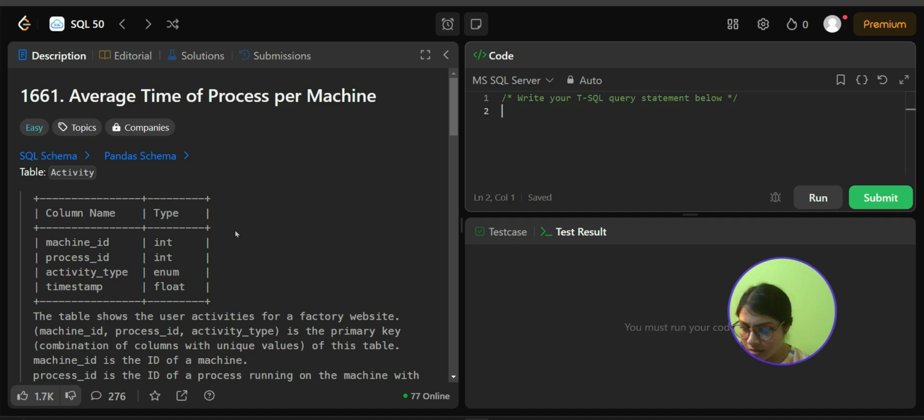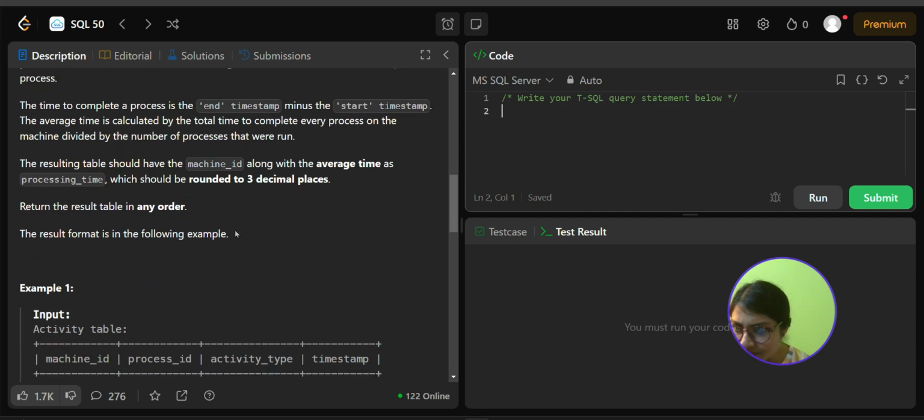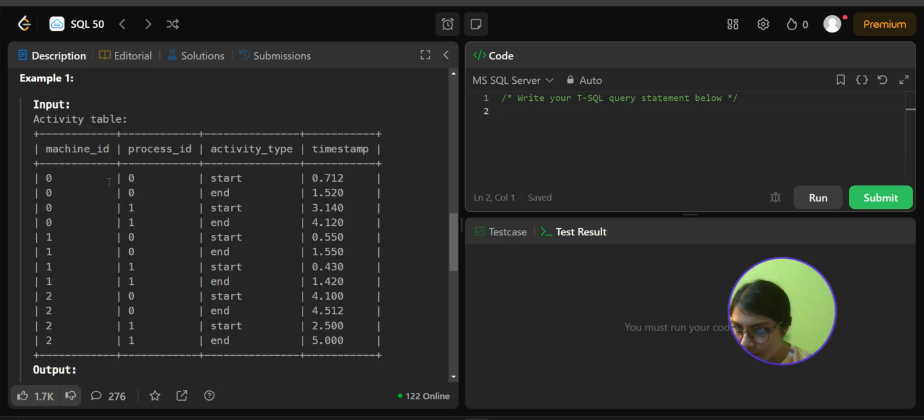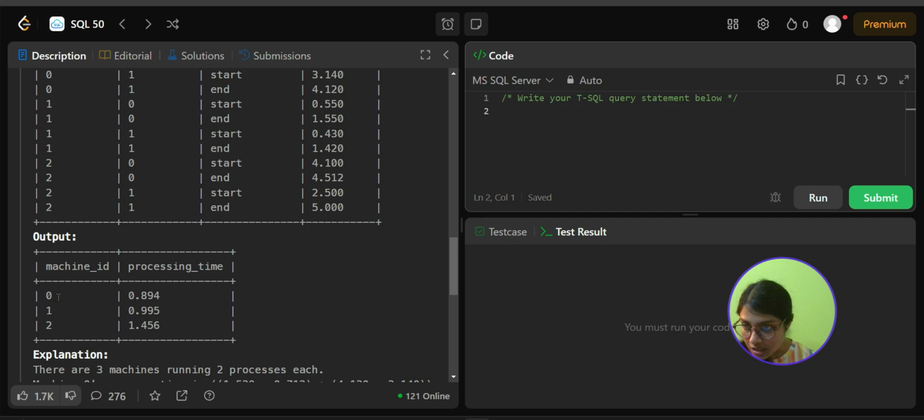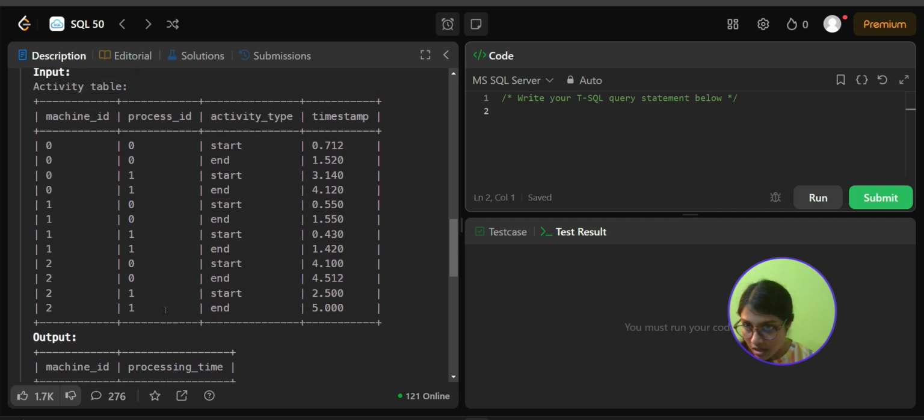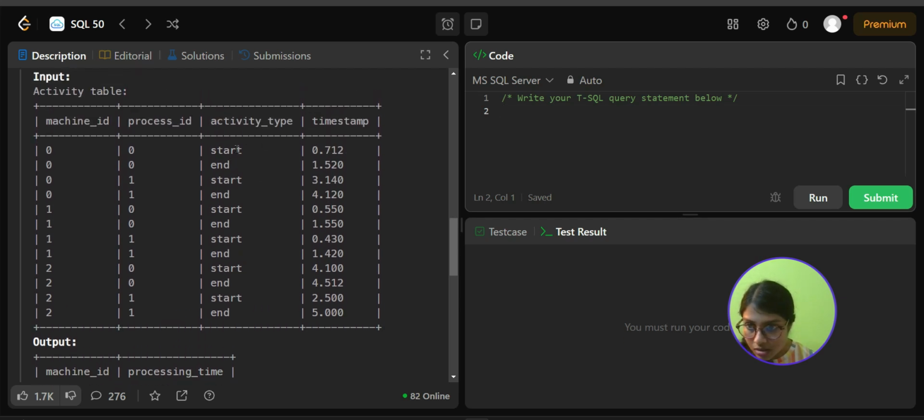Okay, I have to look at the end timestamp minus the start timestamp, and the average time is the total time to complete the process divided by the number of processes that were run. So machine ID these many, process IDs these many. Each machine can have multiple processes. There's start and end, start and end. So timestamp these two. And then you have machine ID is this, processing time is this. So end minus start is the total time taken for this particular process. And then